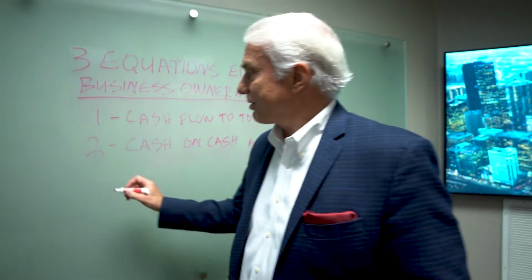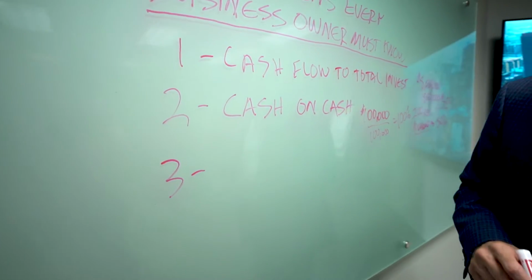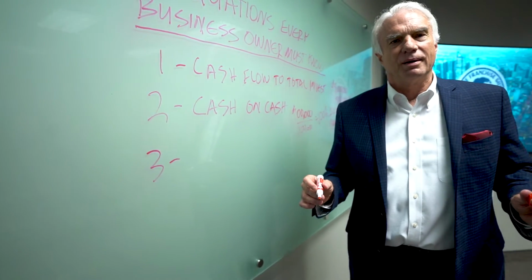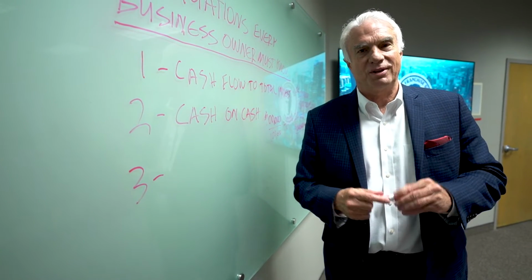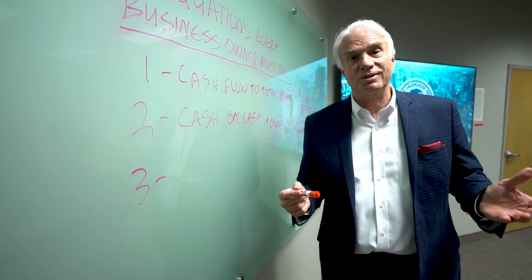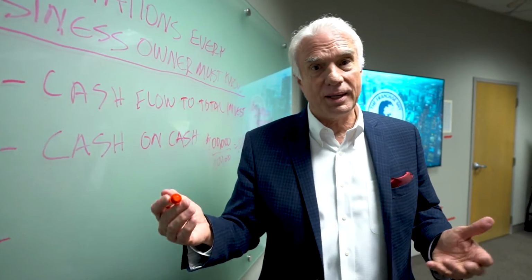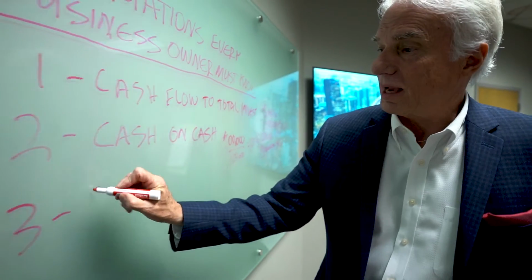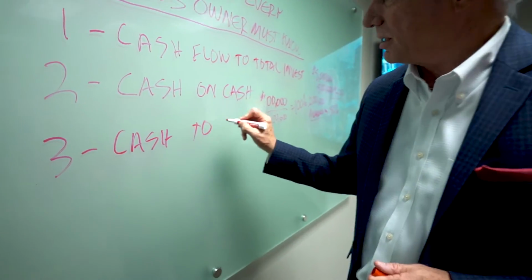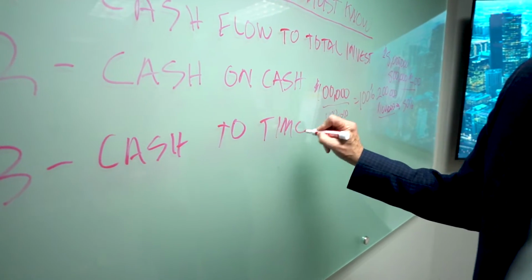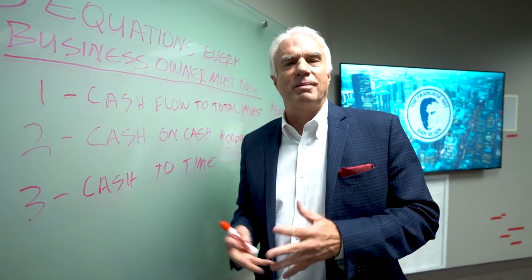So let's talk about the third one. This, for me, is the most important ratio of all. And that has to do with our time and our resources. If we talk about the most important resource that we have, it's our time. Once it's gone, it's gone. We can make more money. So we call this the cash flow to time ratio. So that's really what getting in business is all about.